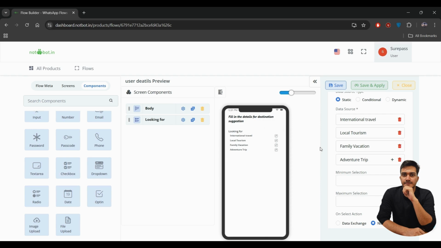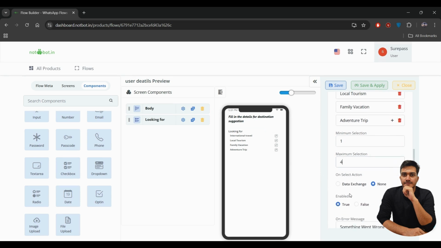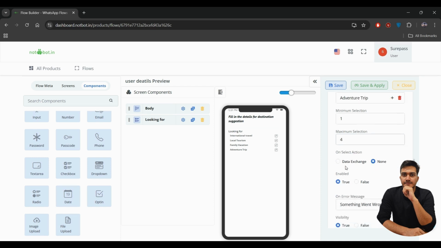So this is how it would look after we have added the components, and you can also add the minimum criteria. So we are giving it a minimum selection of one, and maximum, obviously, since we have four, so we can select up to four. And the same thing applies to data exchange: whatever selection the users are making, all this data can be transferred to the next screen